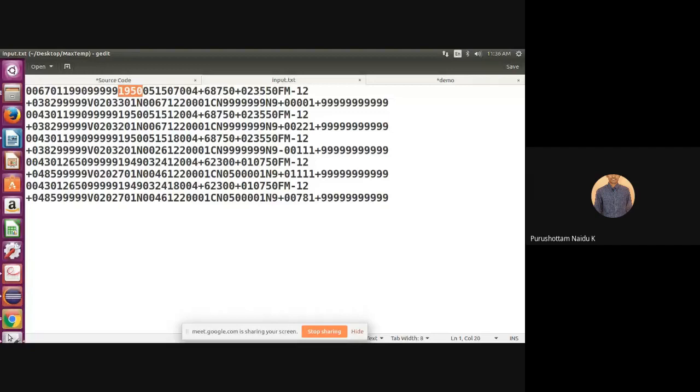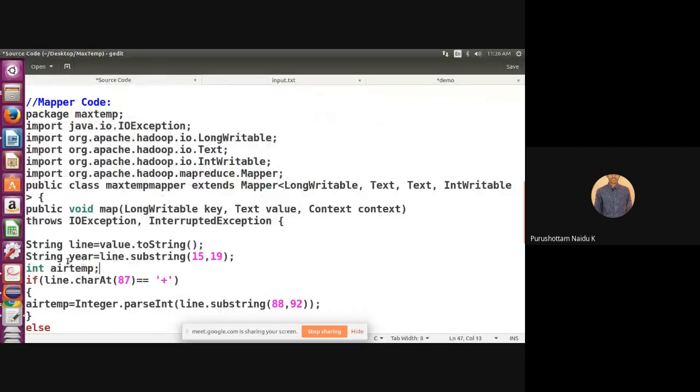That's why I have to extract that year. That means from this line we extract the substring from 15 to 19. 15 to 19 means it includes 15 and excludes 19, so positions 15, 16, 17, 18. Now we get the year of each and every line.